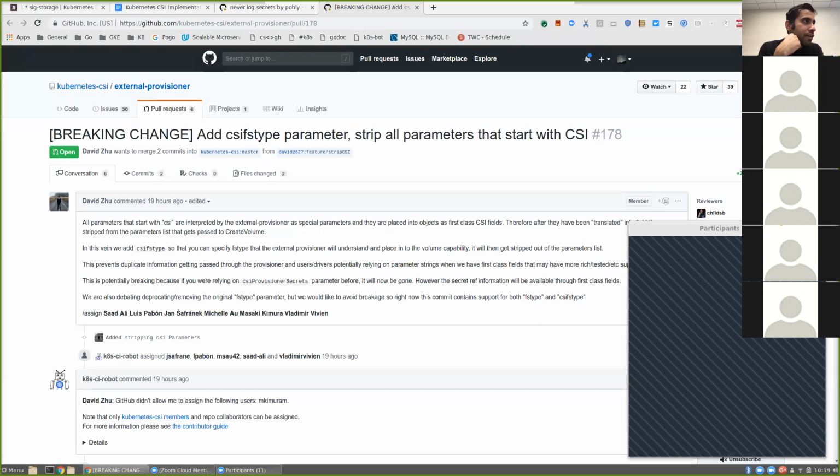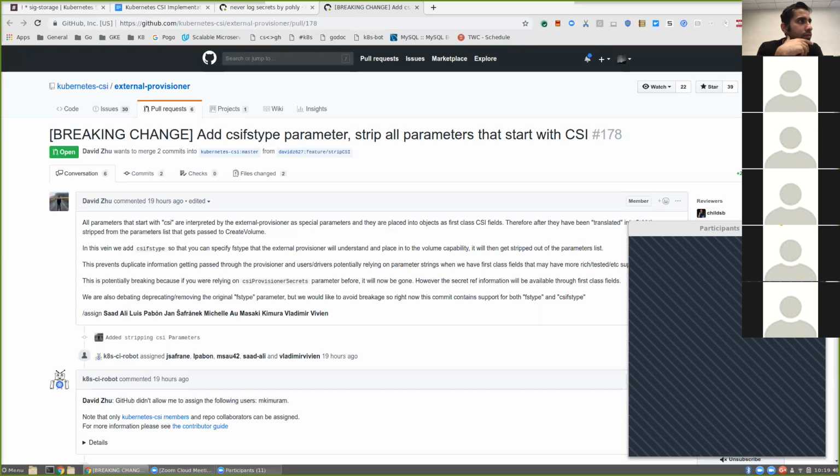And when they're putting it together, they can address those changes. And then when the user goes to deploy it, it's seamless as far as the user is concerned. I think we might have more ability to make breaking changes on the sidecar containers if that's the case.